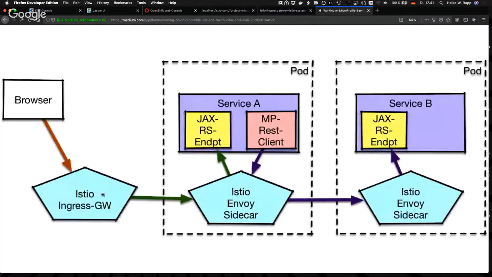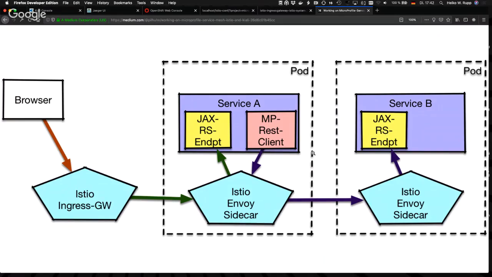It's going into the Istio ingress gateway, which is an Envoy. The Envoy is forwarding the traffic to the sidecar of our service A, which ends up at the JAX-RS endpoint. And then we have the MicroProfile REST client, which is starting a request towards service B. This request is going again in the sidecar, going to the other sidecar, and ends up in service B.